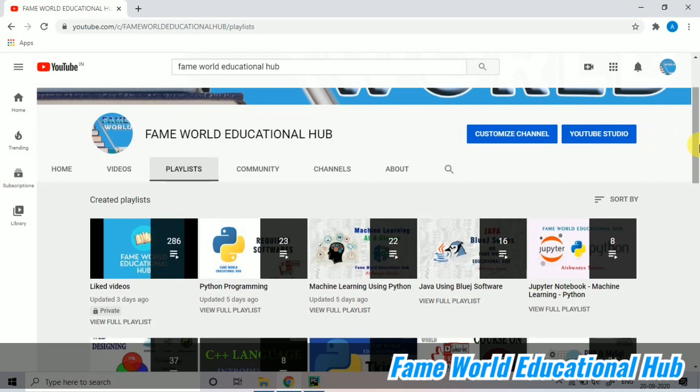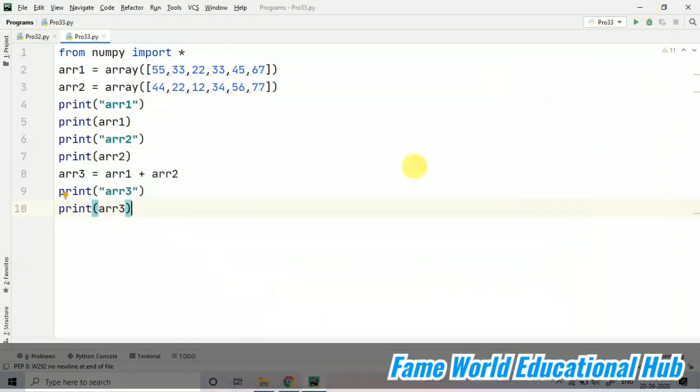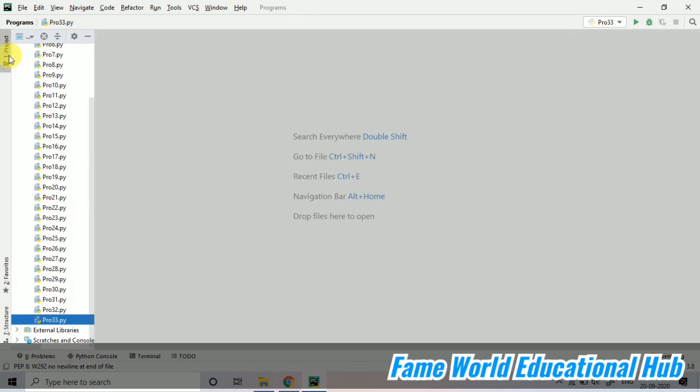Myself, Aishwarya Saxena, and today in the series of Python programming, we were basically dealing with the NumPy module, and I have told you how you can use NumPy in different ways. You can create the array in different ways using the NumPy module. Another thing which we discussed till now is vectorized operation and also the scalar factor.